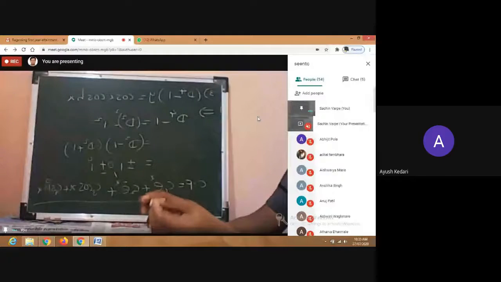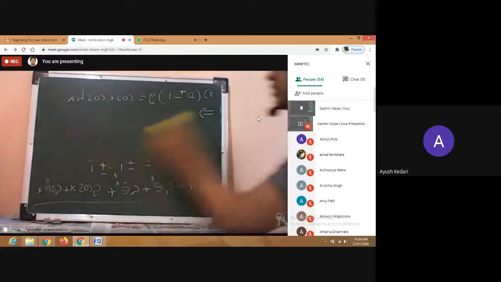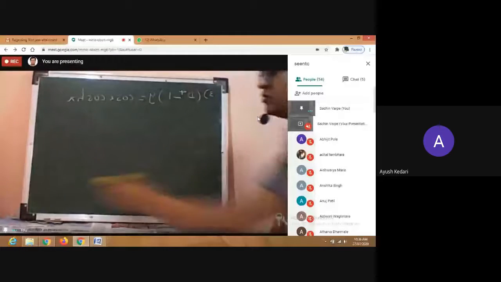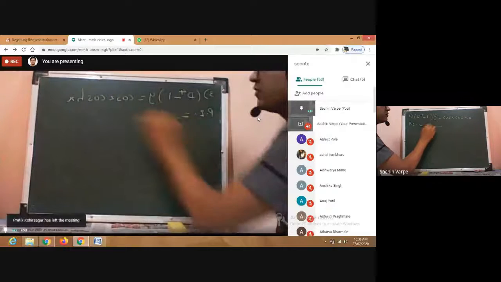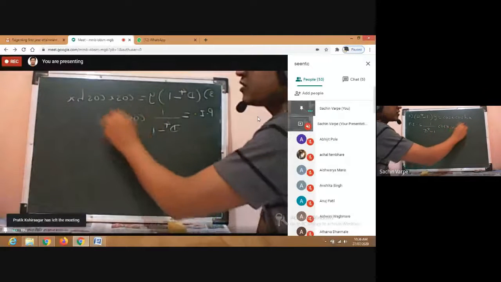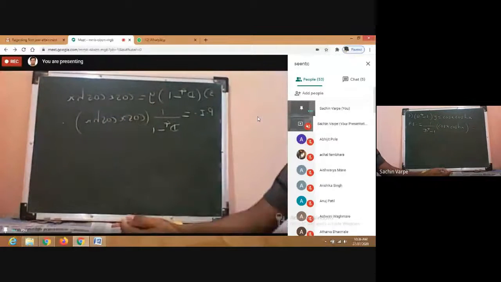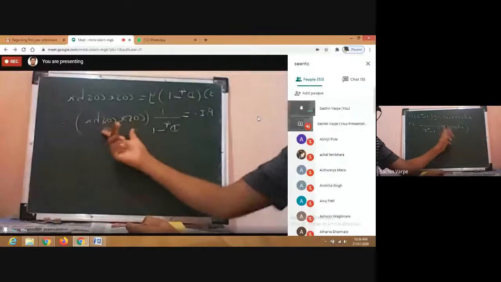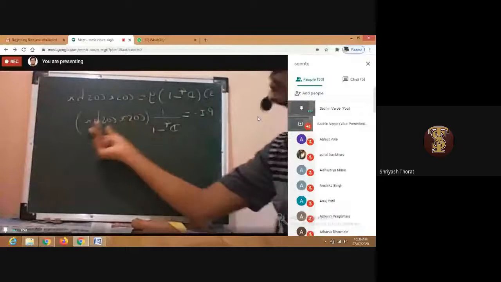Anyways, to find the particular integral, let us write the formula. PI is equal to 1 upon phi of D into f of x, that is cos x cos hyperbolic x. Do we have any shortcut for this? Answer is no, because we have a shortcut only for cos or only for hyperbolic cos.